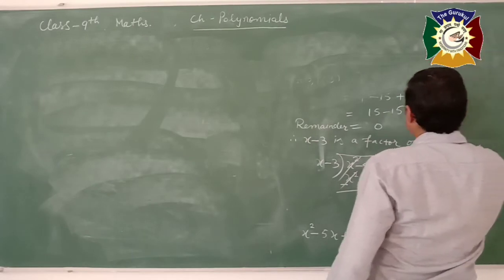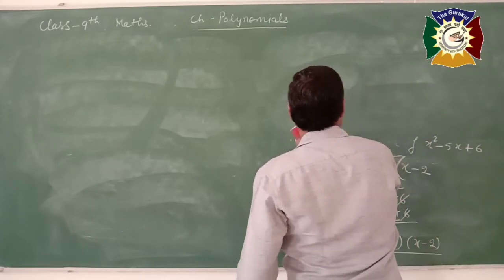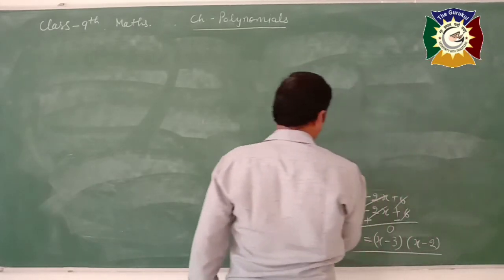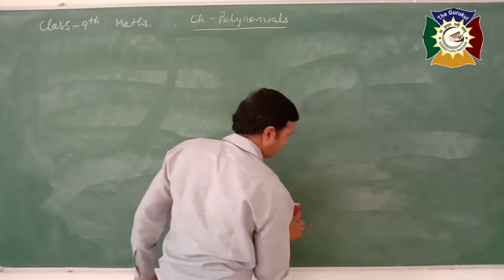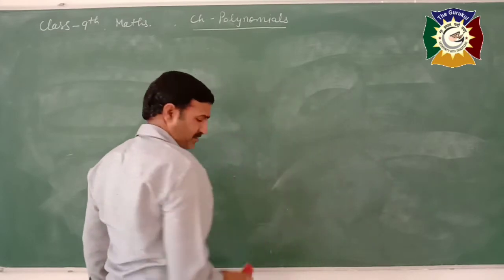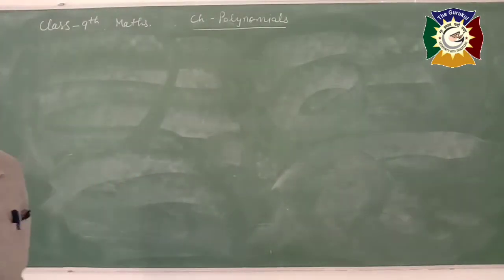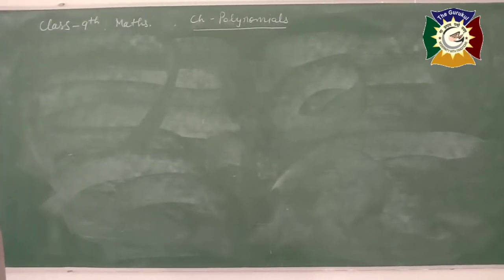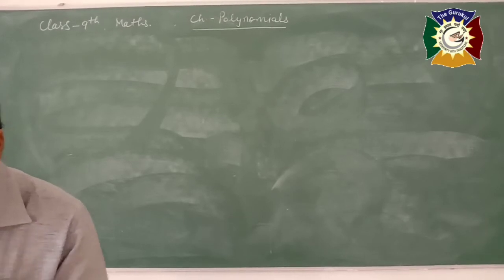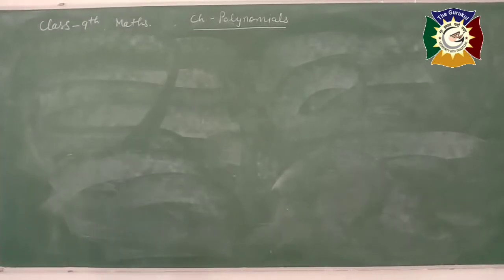If a polynomial is given in which the coefficient of any term is an unknown constant, and a linear polynomial is given which is a factor of the given polynomial, then how can we find the value of the unknown constant? The question is, find the value of k